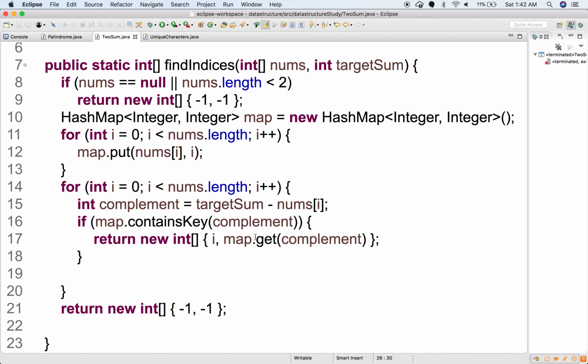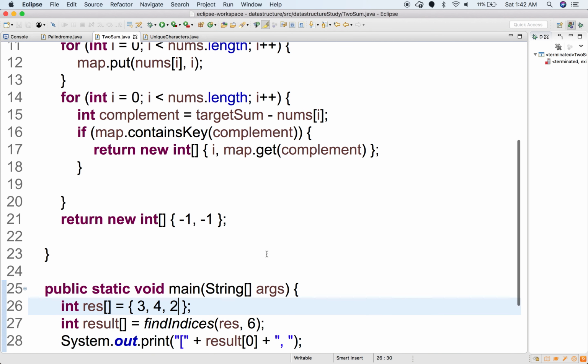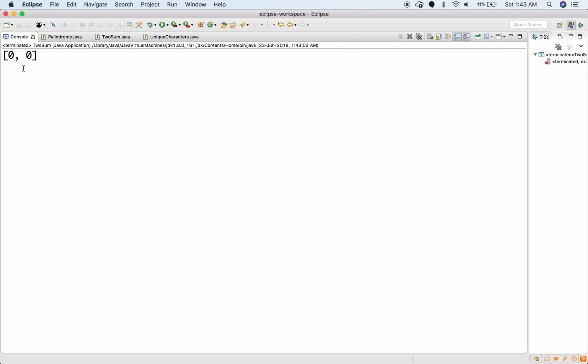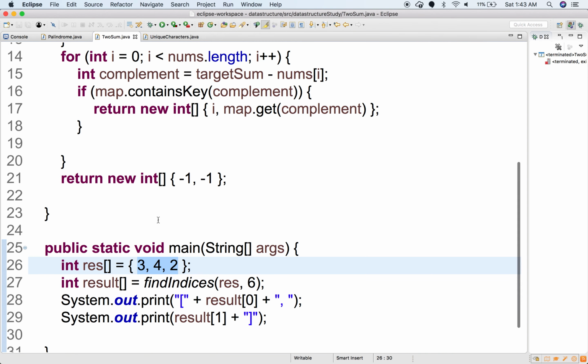So we are almost done here. There's a little assignment for you all. I have intentionally left one error in this code. So if I try running this code with this particular test case, let's see what happens. I don't get the expected output. The expected output is 1 and 2. So let's try fixing this error, and let's catch up in the next video.